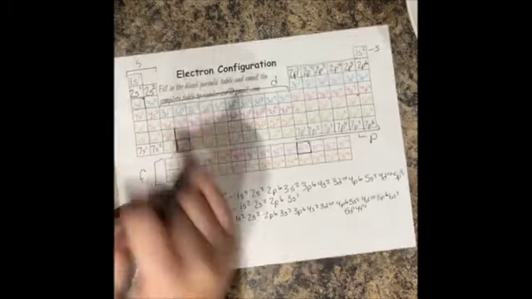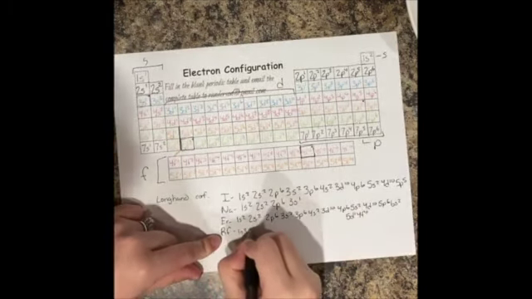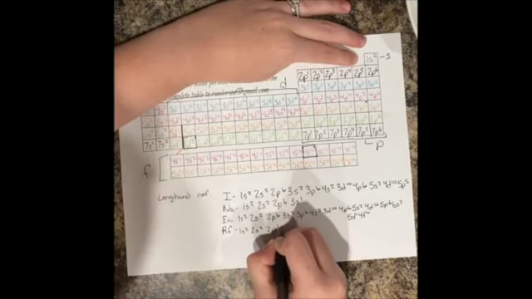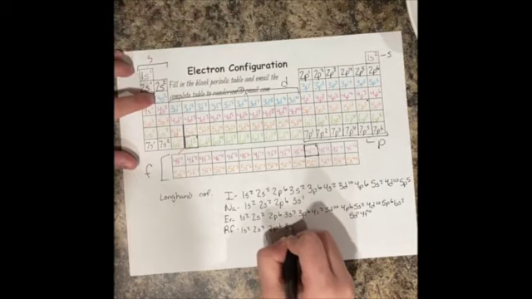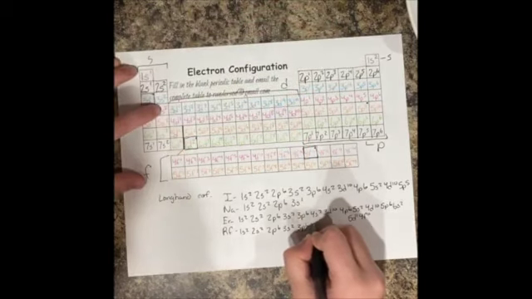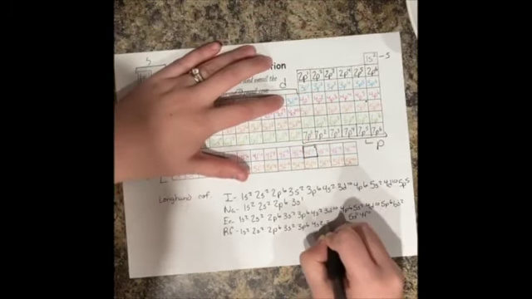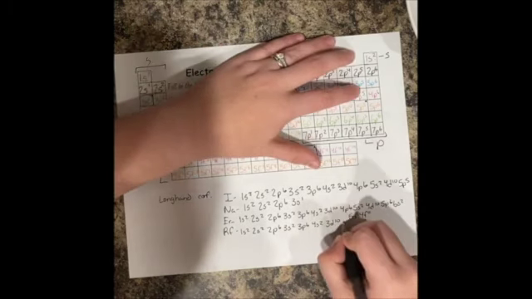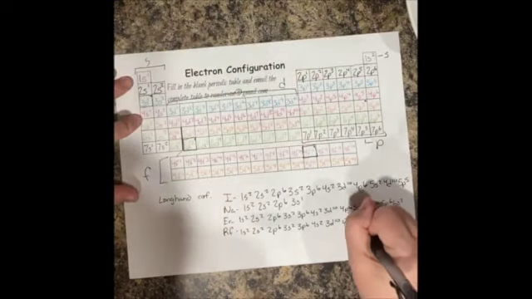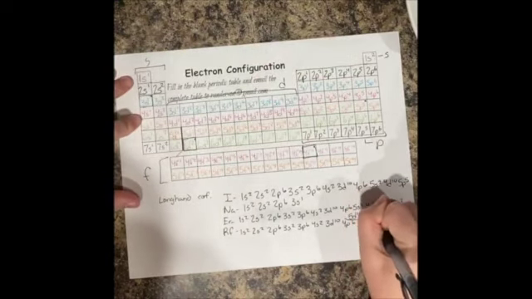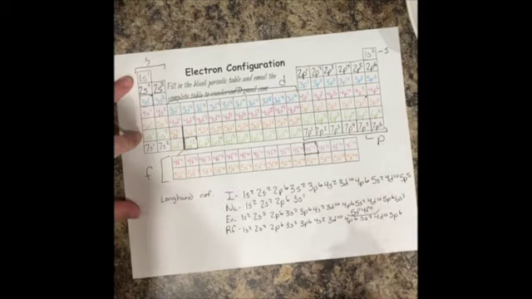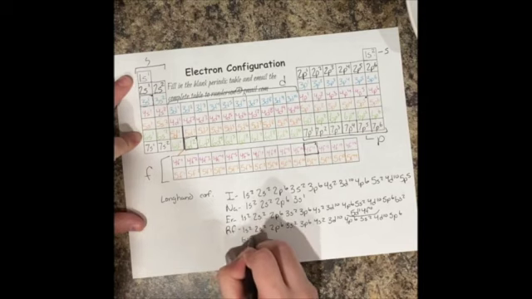So we will just start from the beginning. So 1s2, 2s2, 2p6, 3s2, 3p6, 4s2, 3d10, 4p6, 5s2, 4d10, 5p6, 6s2,